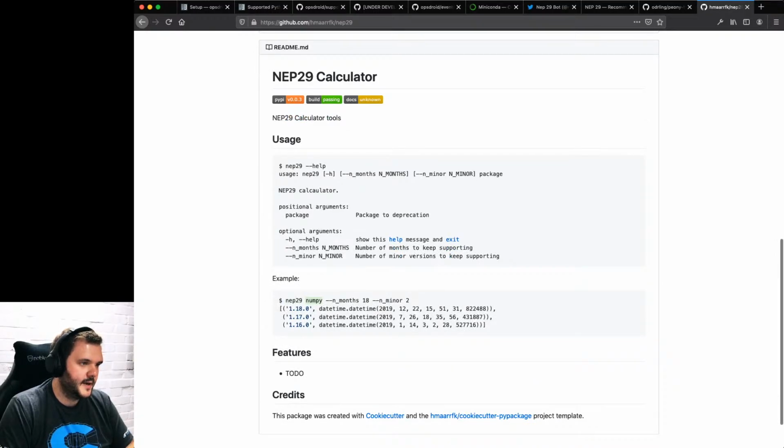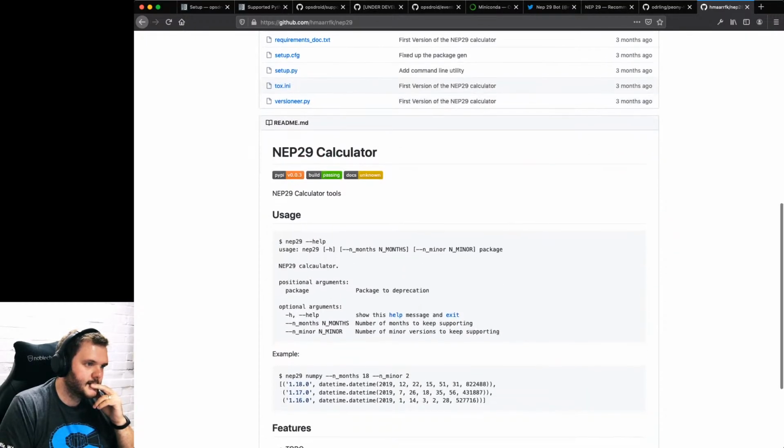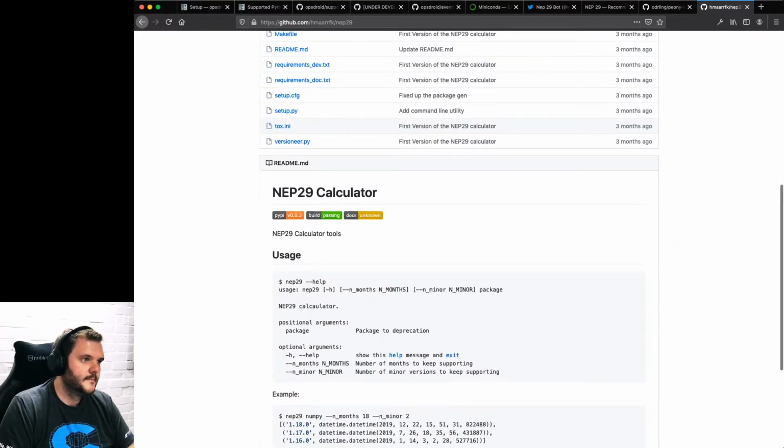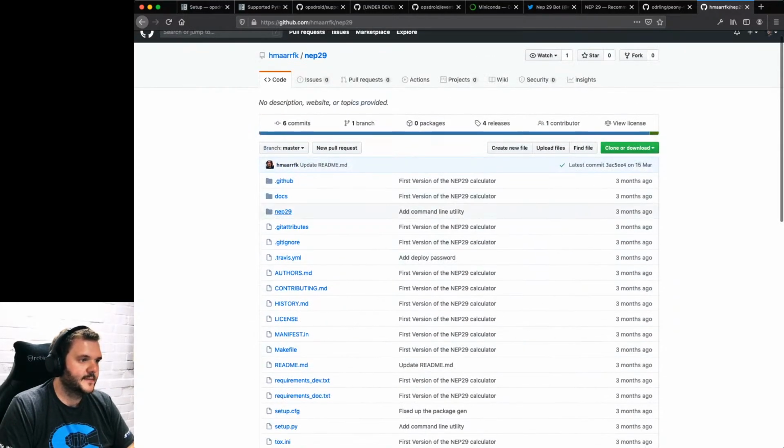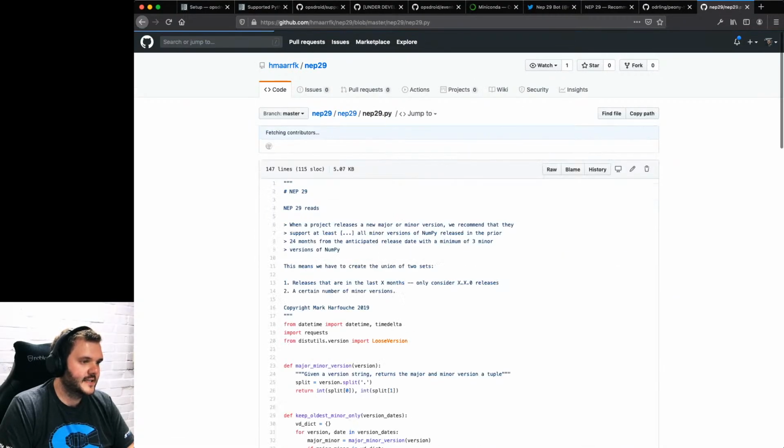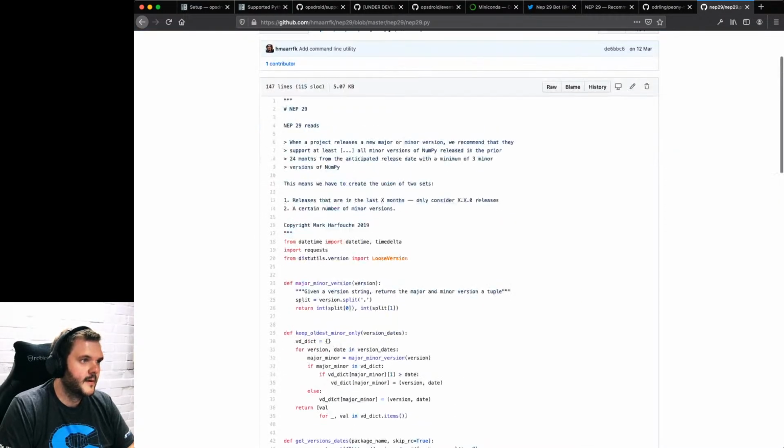NEP 29 NumPy. Curious to know where they got their data, basically. They're calculating something somewhere, somehow.